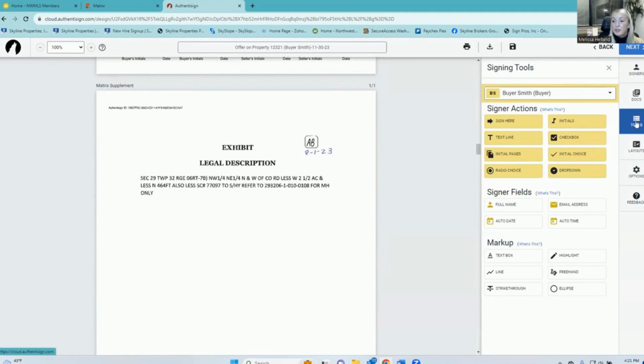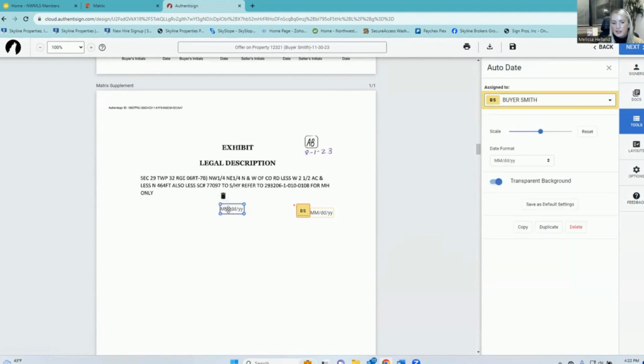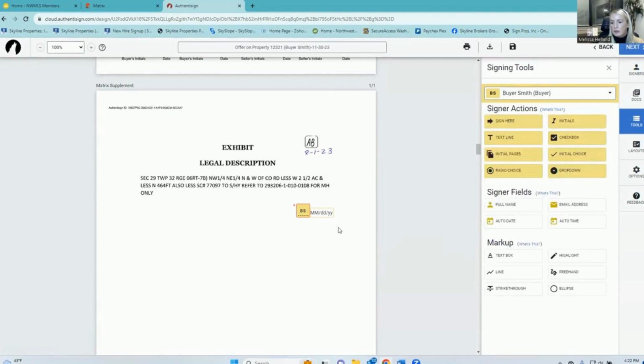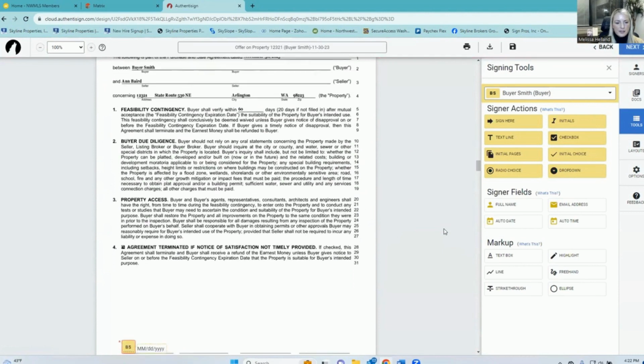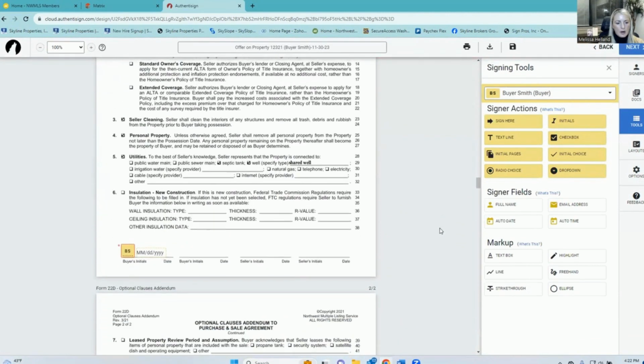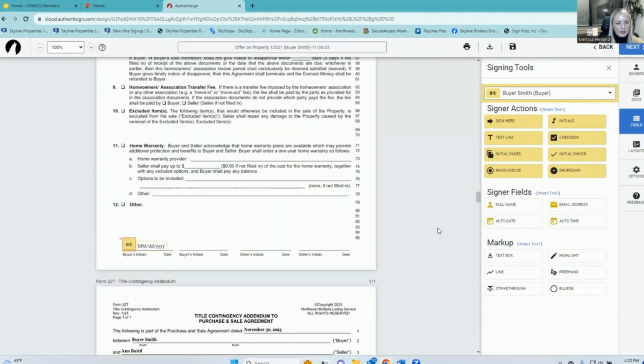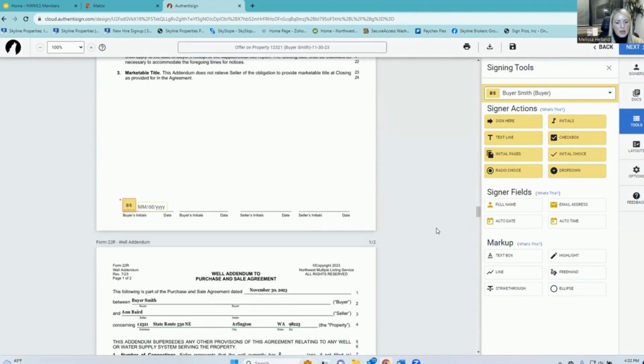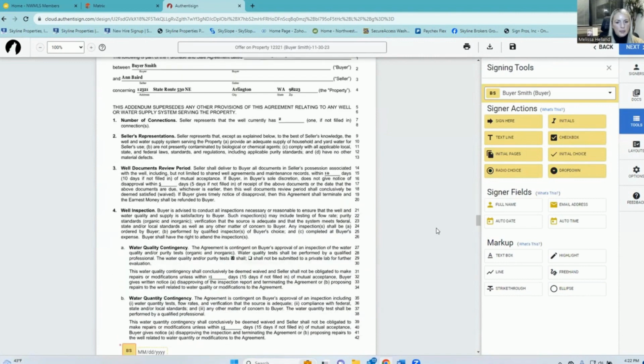So you're going to go to tools and you're going to drag and drop the initials. Automatically adds the date there. If it doesn't, you can hit the auto date, and that's just another way you can set that up. And keep going. Feasibility study looks good. Our optional clauses, we got signatures there. We're going to be coming up